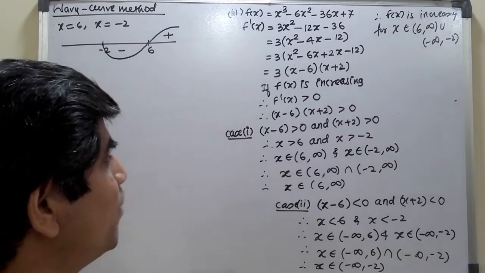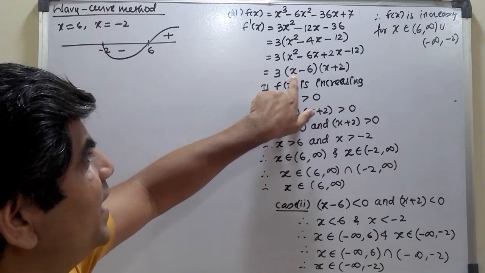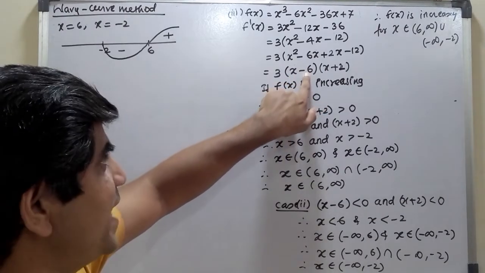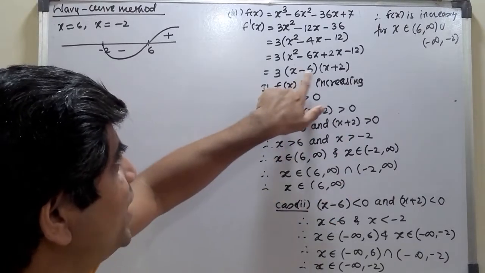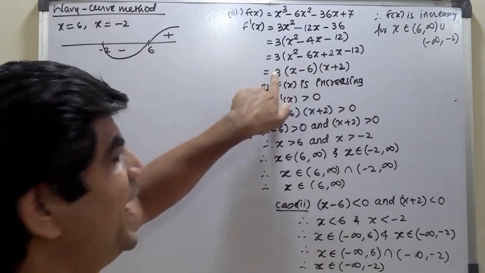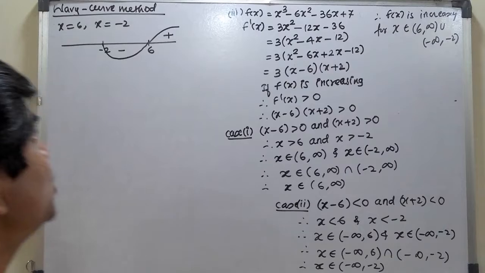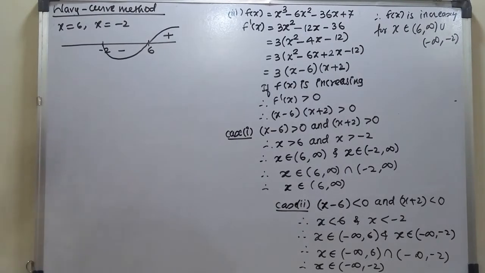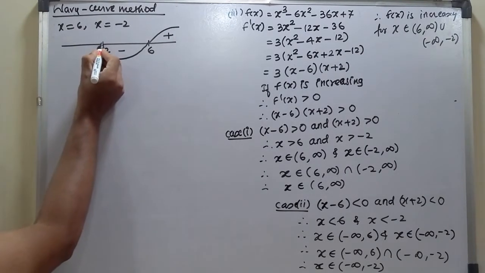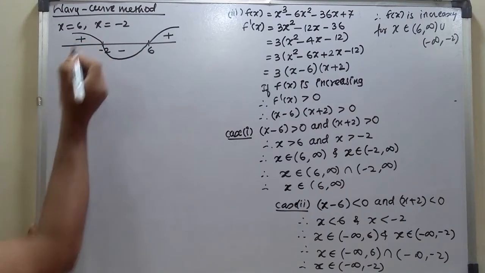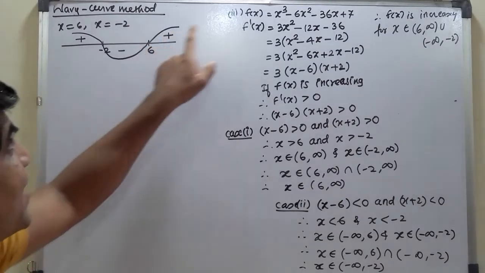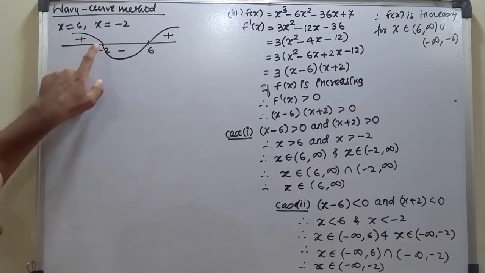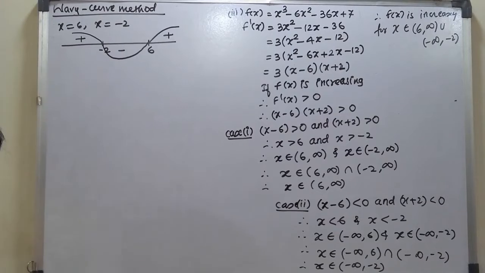Okay, minus 3. If I take minus 3, so this is minus 3, minus 6, total minus 9, minus 3 plus 2, that is minus 1. So this is negative, becomes positive, and into positive is going to become positive. So it becomes positive, that means the sign changes. So again it will go upside like this. Now you can see where you are getting positive. You are getting positive after 6 to infinity and less than minus 2 to minus infinity.